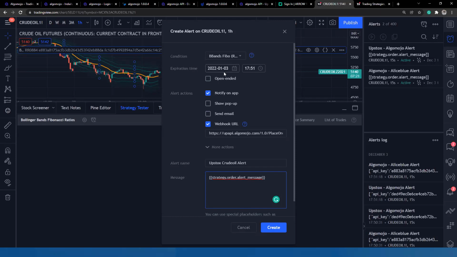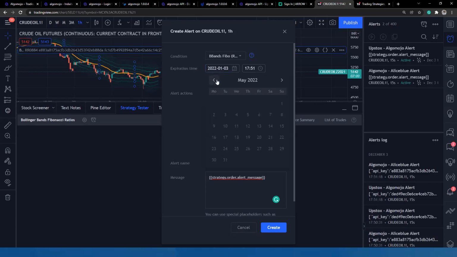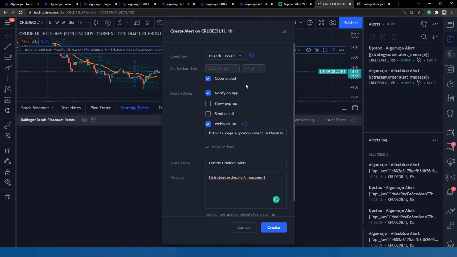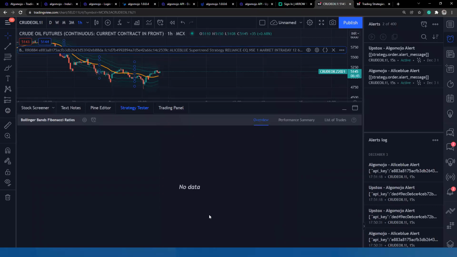Remember, it always comes with an expiry date if you are using a Pro or Pro Plus TradingView version. However, if you are using a Premium version, then you don't have an expiry date at all. You can select whatever date you want, and it never expires. This open-ended facility is available only in the Premium version. If you're not a premium user, it always comes with an expiry date, so once the expiry is over, you have to create another fresh alert. That needs to be remembered. Once it is done, it is going to be a seamless journey, and you can transmit your orders automatically every time a buy, sell, short or cover happens.